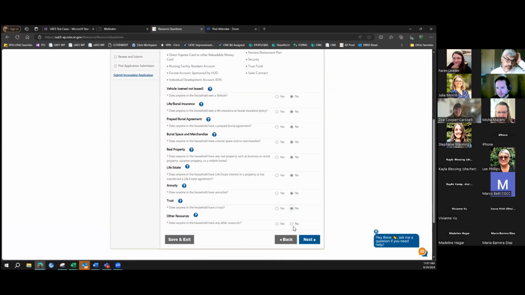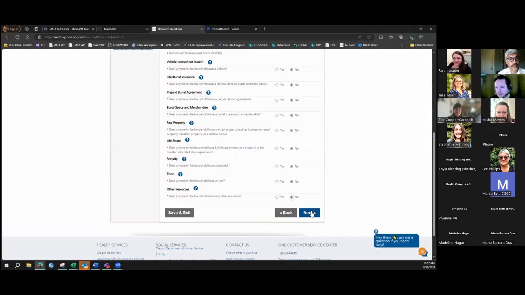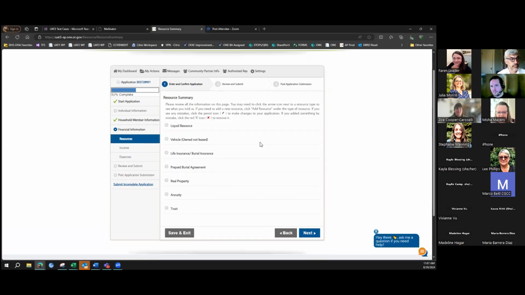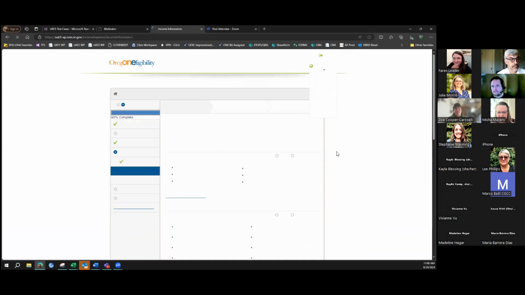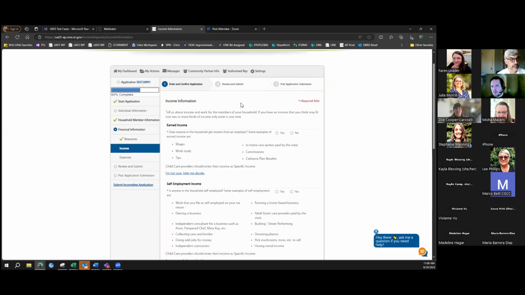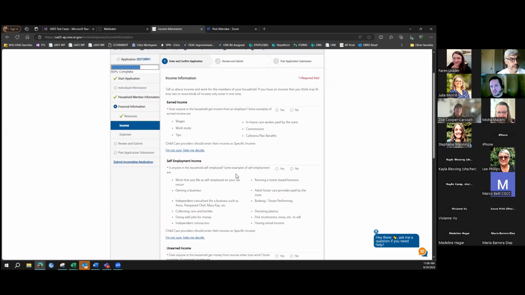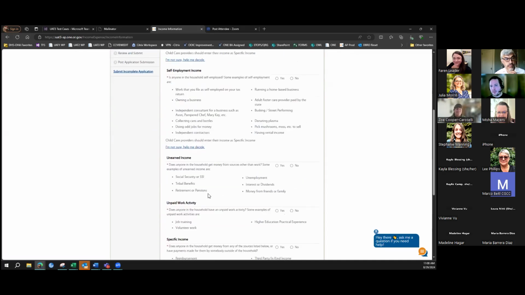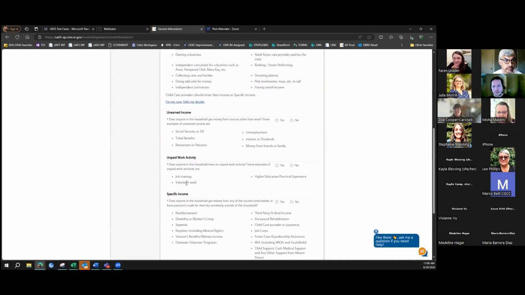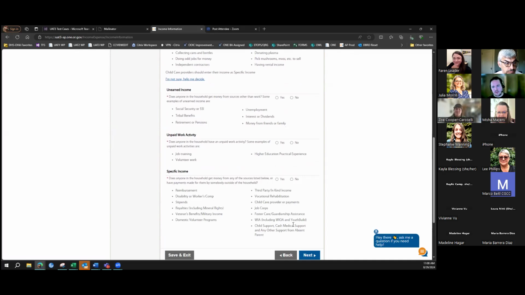The next major thing we're going to talk about here is income and expenses. So income information. Here we could enter any sort of earned income that the person has, self-employment income, unearned income, unpaid work activity, or specific income.